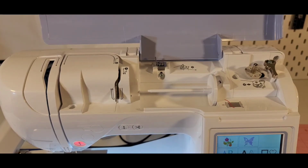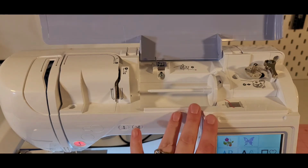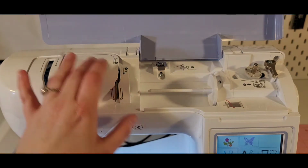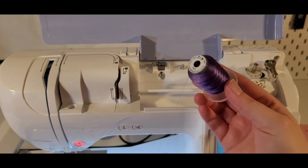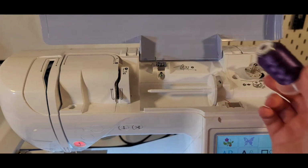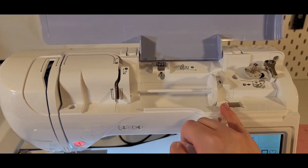Today I'm going to show you how to thread the Brother PE800 embroidery only machine. This machine does have the pictures and step-by-step on how to thread the machine, as well as the tutorial on there as well. First, you will start by taking your thread, having the thread come off towards the bottom and